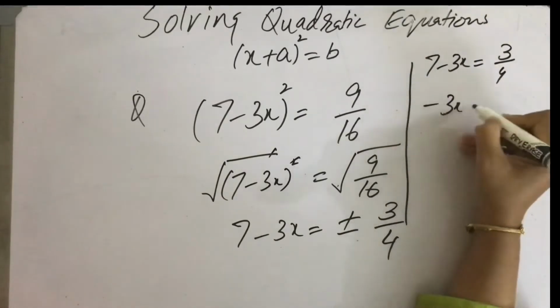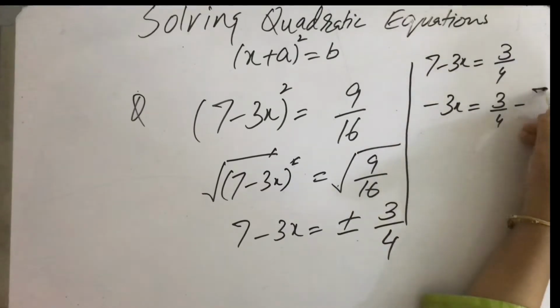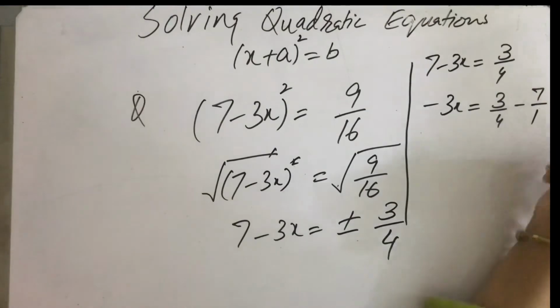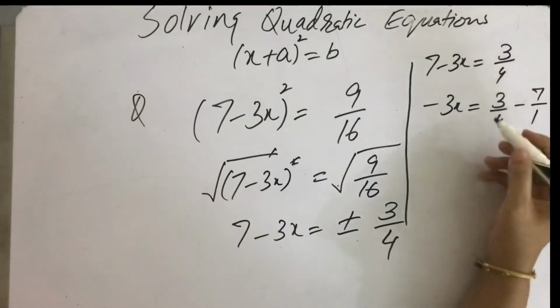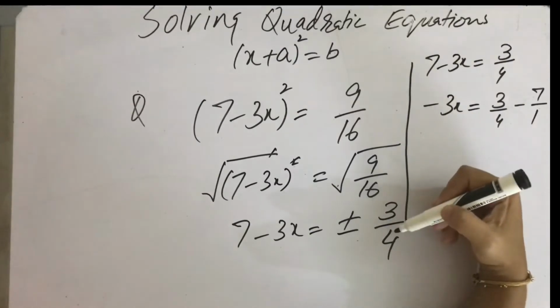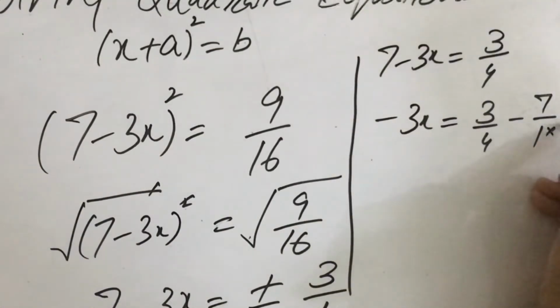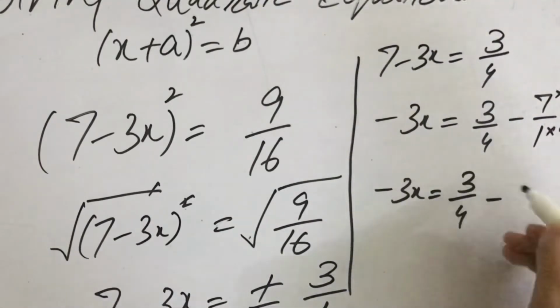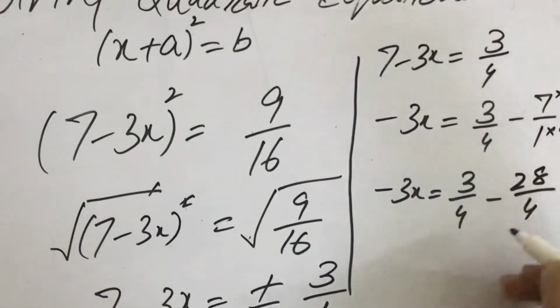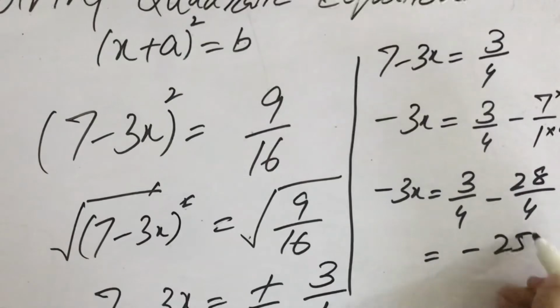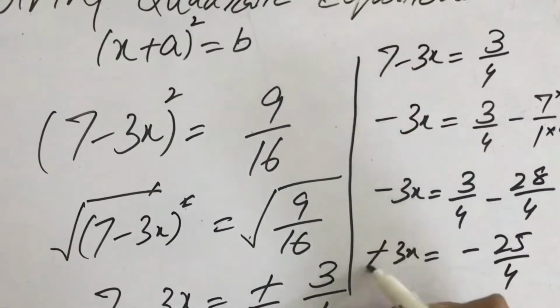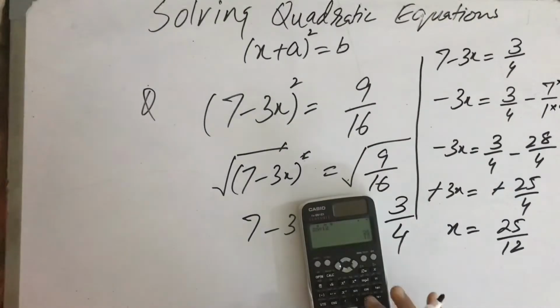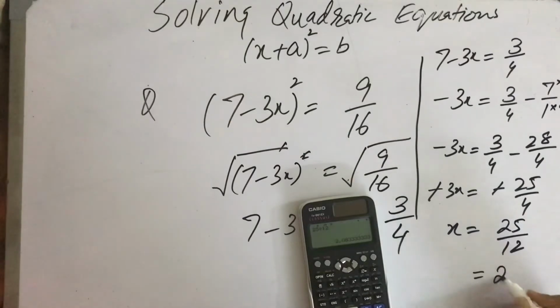I shall take this 7 to the other side. It will be minus 7. I shall write it as minus 7 over 1, when we don't have the calculator, otherwise we can have it as 0.75, I guess. Okay, now when I shall take the LCM, which is 4, minus 3x equals to 3 by 4 minus 7 times 4, 28 over 4. It will be negative 25 over 4 minus 3x. Negative sign will cancel negative sign and x will be 25 over 12, which will give me 2.08. Three significant figures, as there is 3 after this.